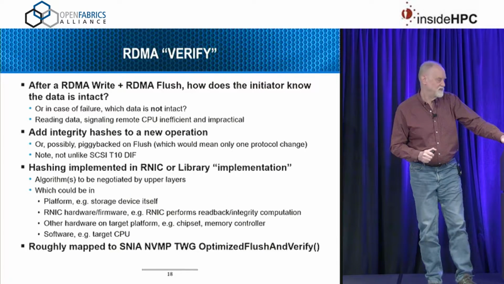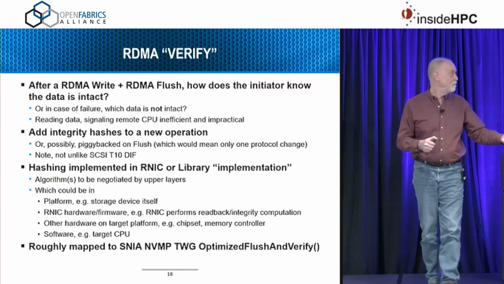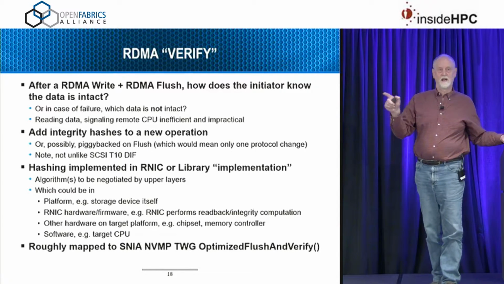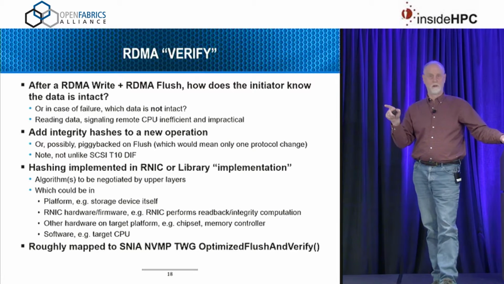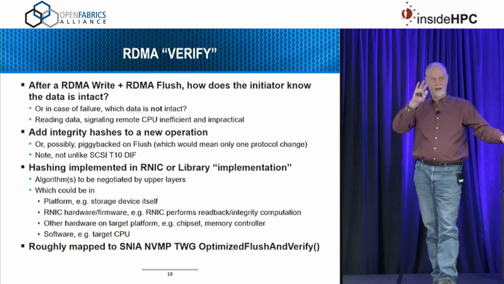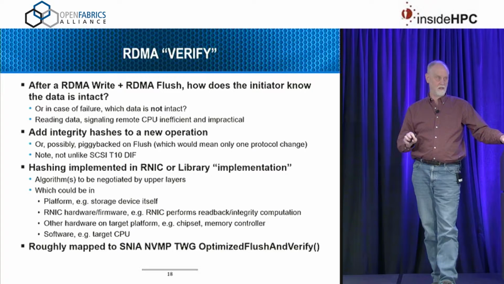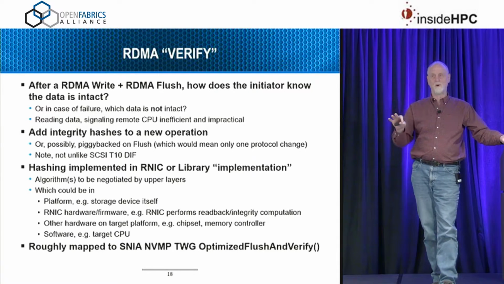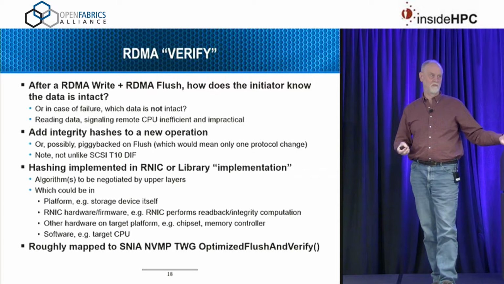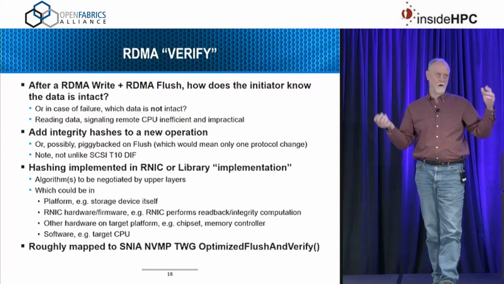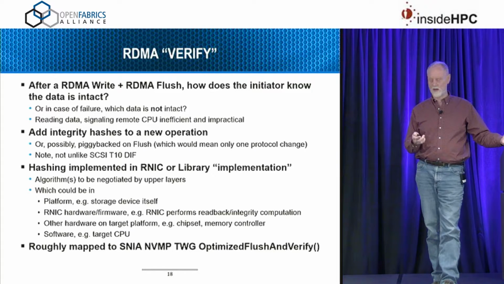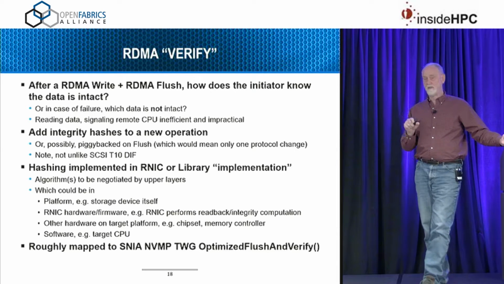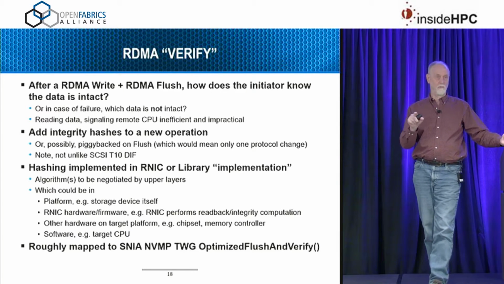There are a few other things that I personally want and I've been arguing for, but I'm just going to mention them real quick. One is verify. How do we know that the data that we wrote and flushed is good? Normally we'll have a storage protocol that will check the integrity of the data. We have a file system that will check the integrity of the data. And if something goes wrong, these things will raise errors, right? And they'll say packet corrupted or disk sector corrupted or whatever. It will perhaps drop multiple copies, things like that. At this level, though, we don't even have a CPU that's aware of it. All we have is a pair of